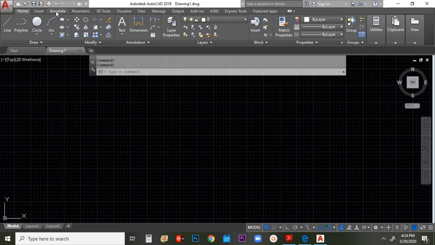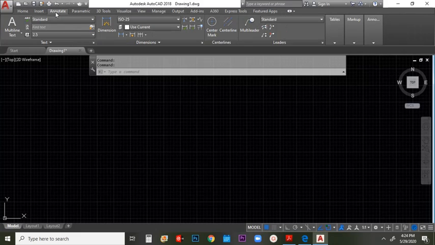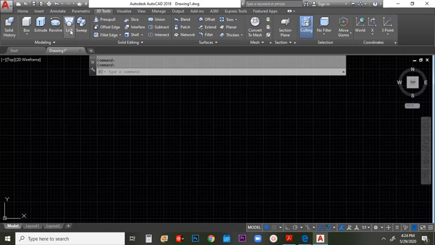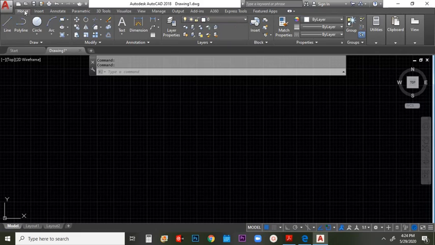Now, the others would be, for example, annotate. This is used to edit text. You have a separate set of ribbons there. Say, for example, you have 3D tools. You also have separate ribbons for 3D tools. For the meantime, we have to dock in first under home because we are just starting with the use of the software. So under home, we have the following ribbons available.